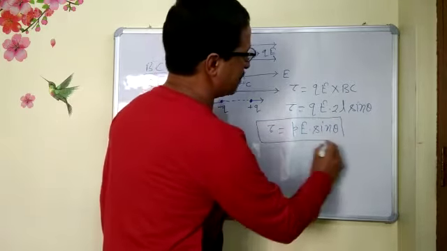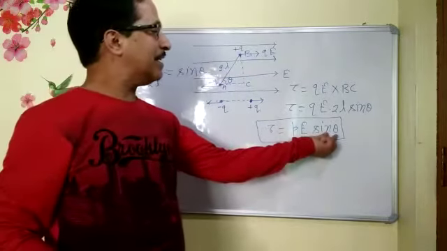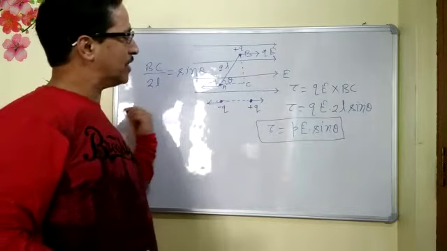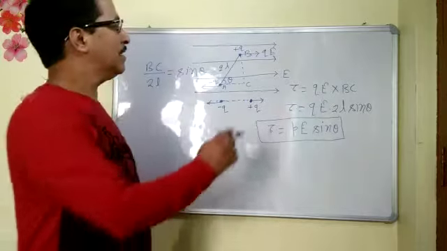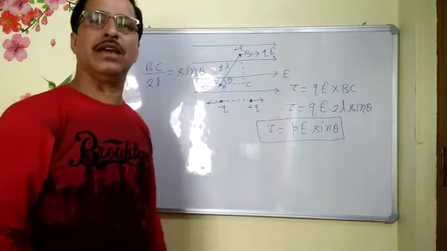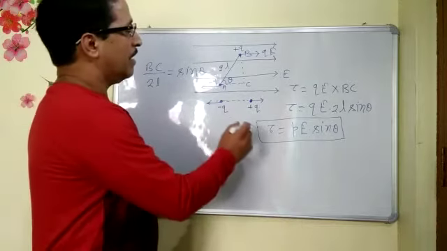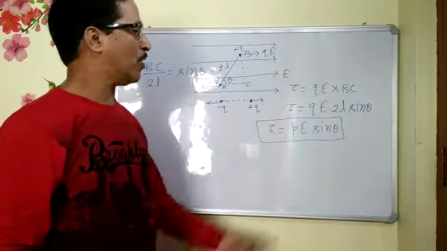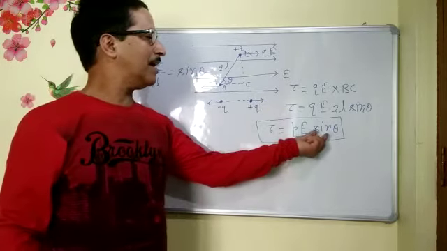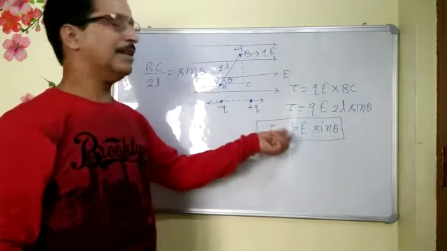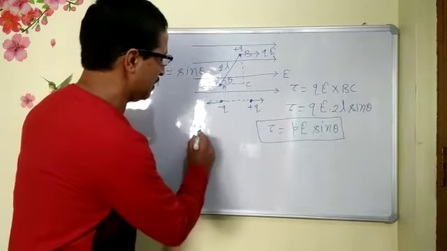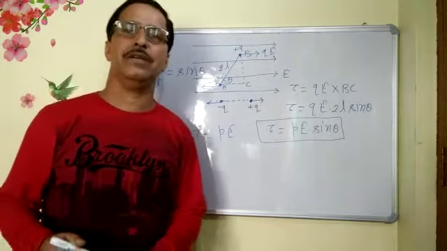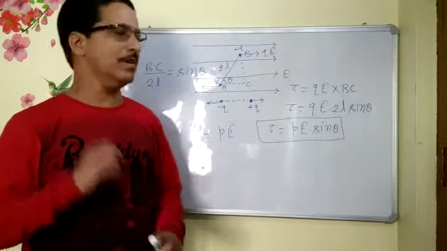Now you can see from this expression that if the angle theta is 0 degree, that is if the dipole lies in this position, minus Q on this side and plus Q on this side, then the torque experienced will be 0, as I have already told you. And the torque will be maximum if sin theta is maximum for given values of P and E, and sin theta is maximum for theta equal to 90 degree. In such a situation, the torque experienced will be P into E in magnitude and will be the maximum torque experienced by the dipole.